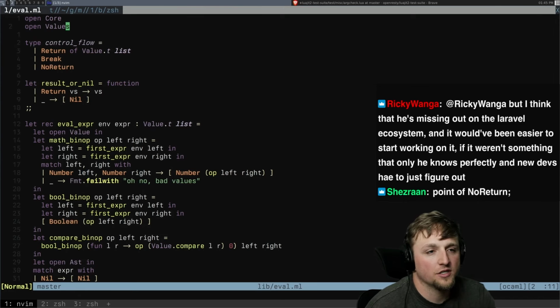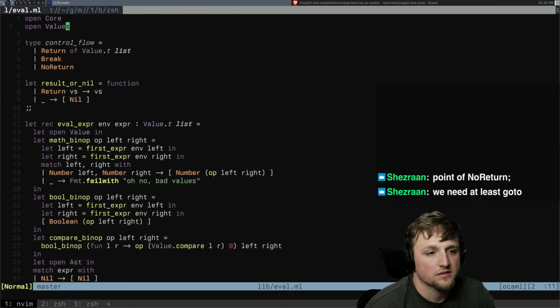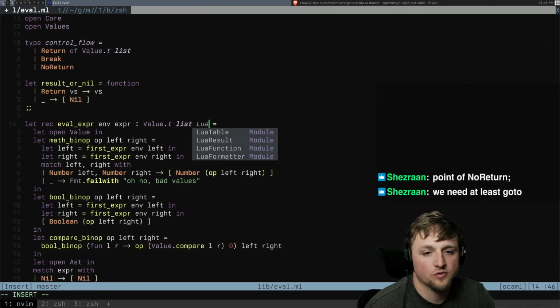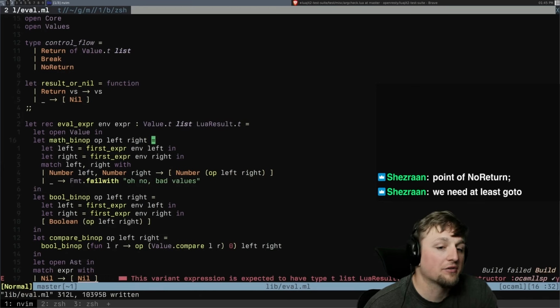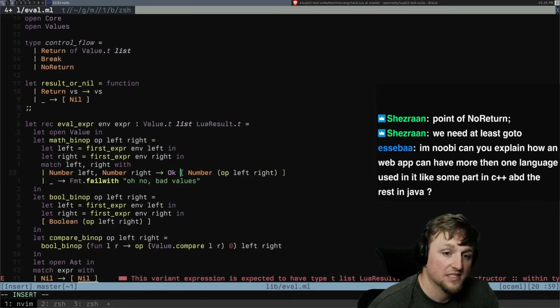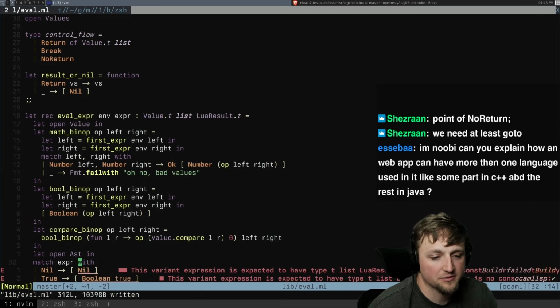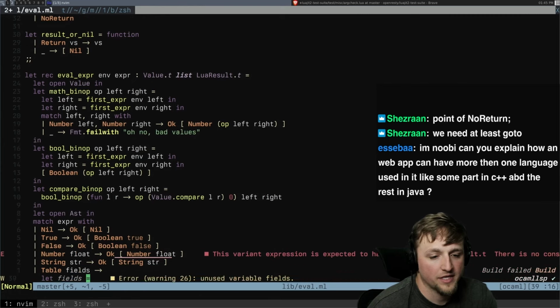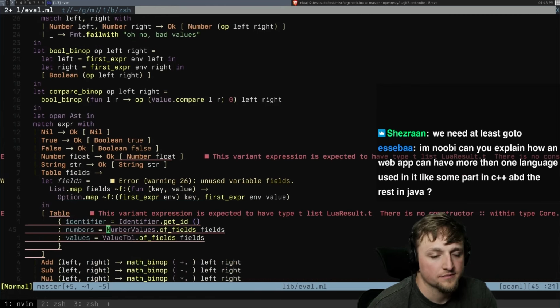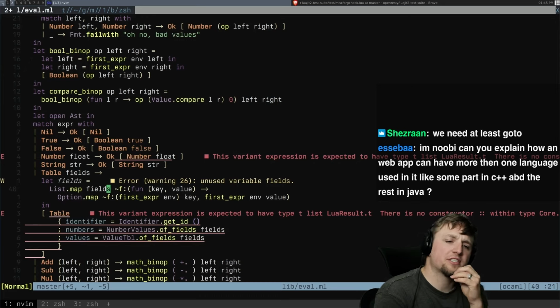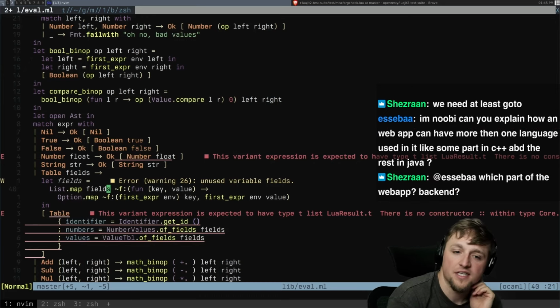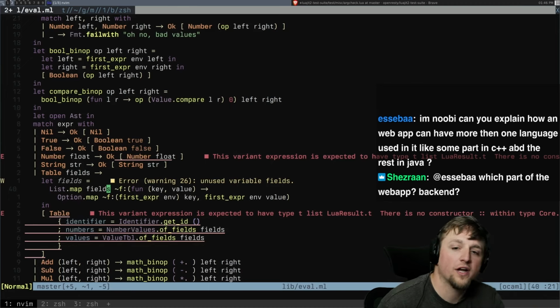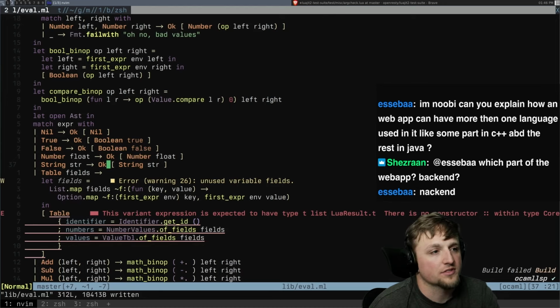So let's try this. We'll go down to here and we'll say, this is just basically a result T, like this. So now none of these are going to work. We should be able to do this, and each of these should be able to return Ok, Ok, Ok, Ok, Ok. So now here's where we start having some goofiness, right? Because each of these can return a result. So we have to figure out where along the way we're going to use